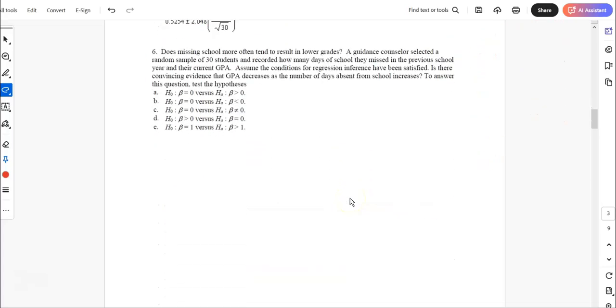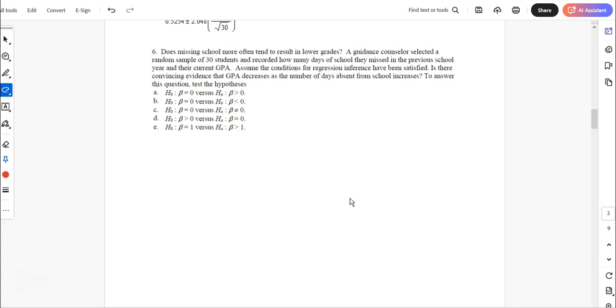Does missing school more often tend to result in lower grades? I would say this should happen, I think. A guidance counselor selected a random sample of 30 students, recorded how many days of school they missed in the previous school year and their current GPA. Assuming the conditions for regression for inference have been satisfied, is there convincing evidence that GPA decreases as the number of days absent from school increases? To answer this question, we said,